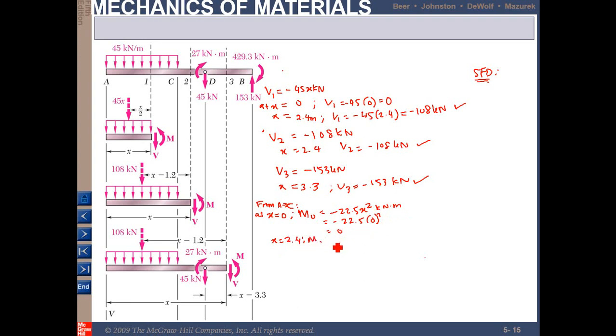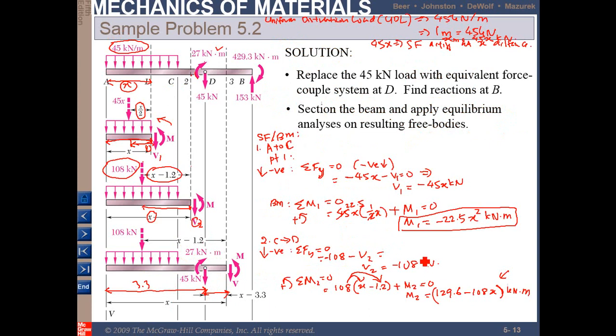so M, let's say M1, is equal to minus 22.5, x is 2.4 square. So you will get this as 129.6 kilonewton meter. And then from C to D, at x equal to 2.4, you got M2, which is, you take this equation,